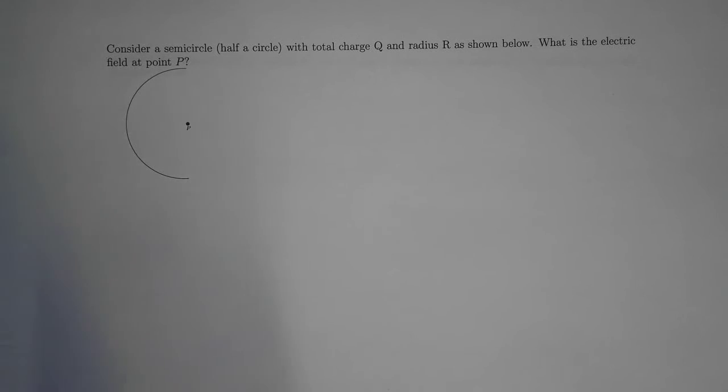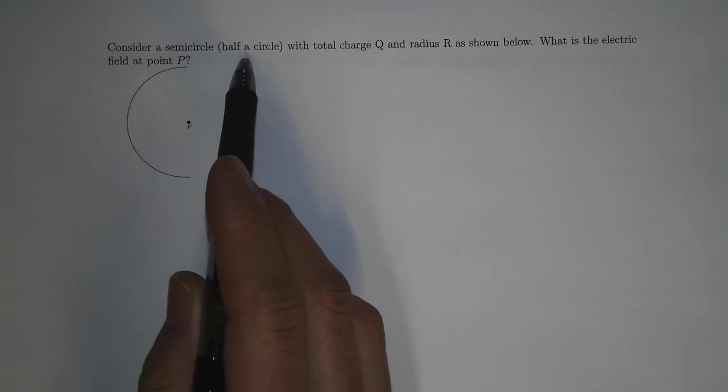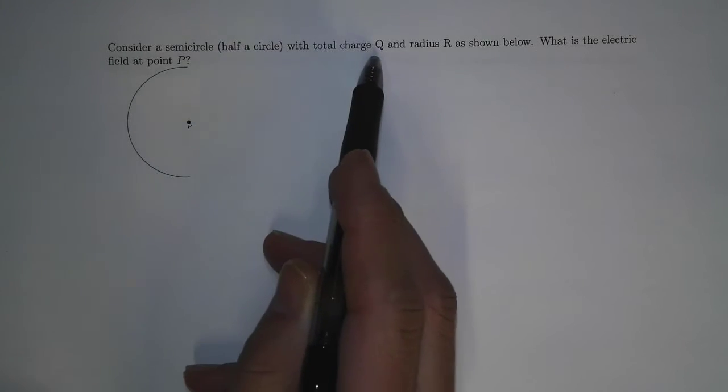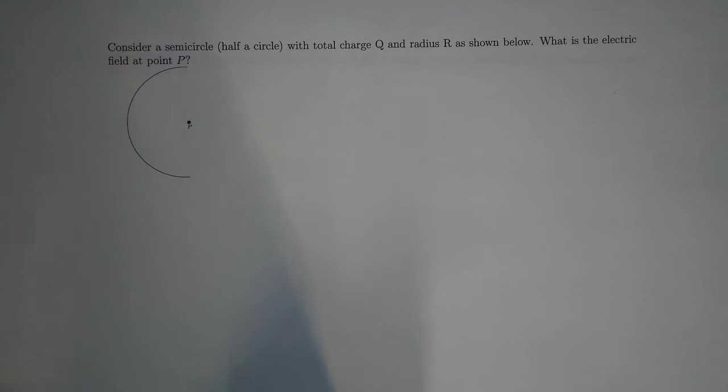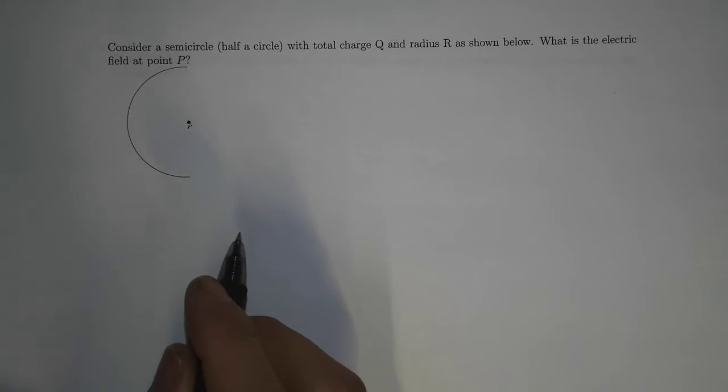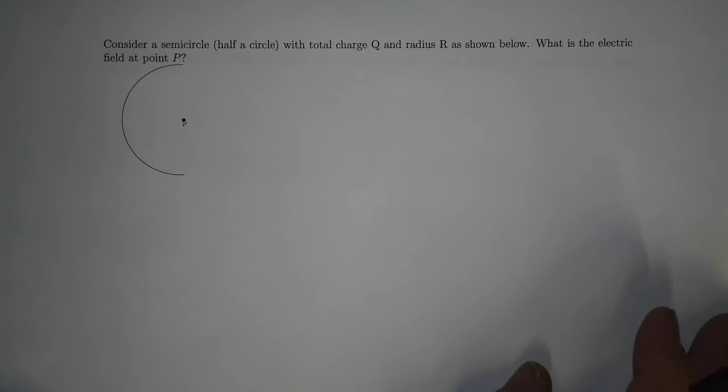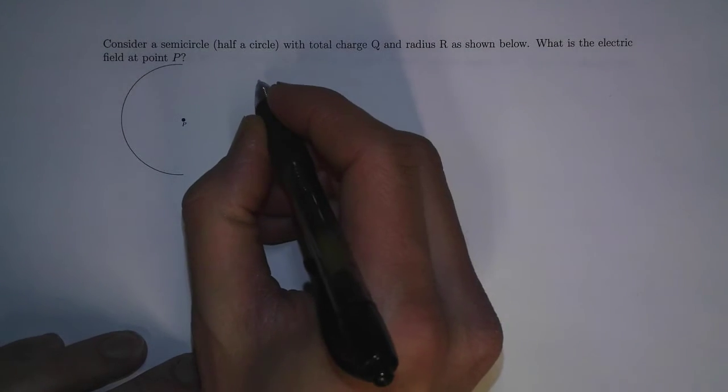Let's consider the following problem. Consider a semicircle, which is half a circle, with total charge q and radius r as shown below. What is the electric field at point P? All right. So to do this example, let's consider the master formula again,